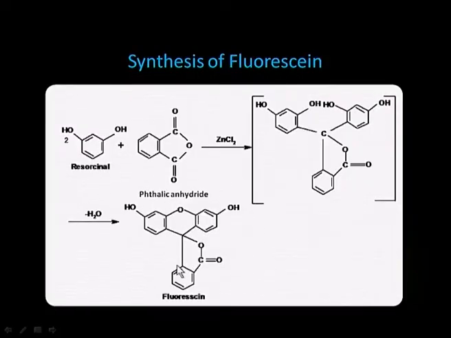Since fluorescein is colored, the non-quinoid uncharged structure is unsatisfactory. We know that fluorescein is colored, but in this structure you can see there is no charge in fluorescein. So, with the chemistry we know about the dyes, we can think the color is not due to this structure, but there should be some ion formation in the fluorescein structure. So, let us see how the structure is related to the color in fluorescein.